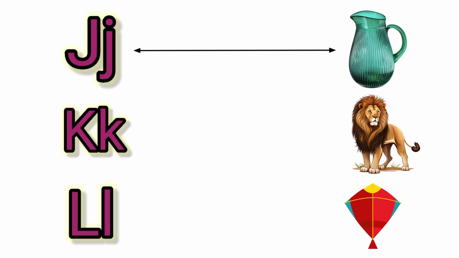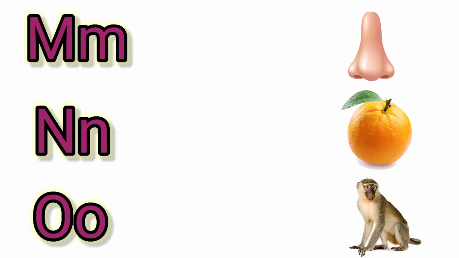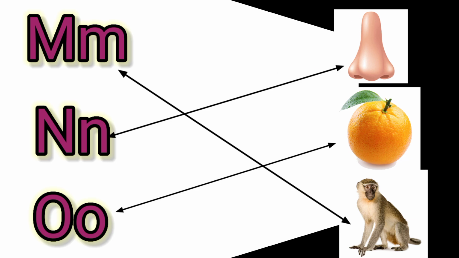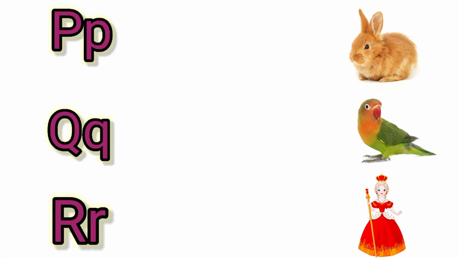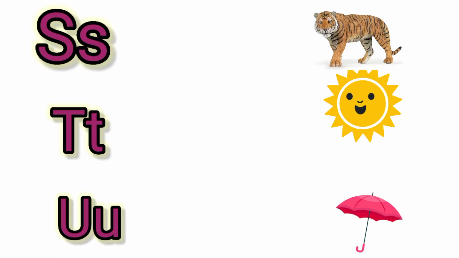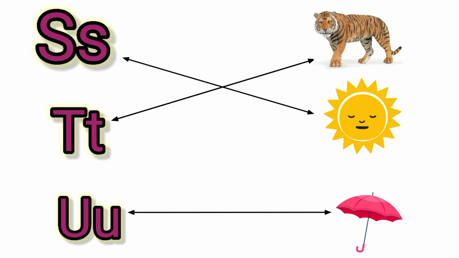J for jug, K for kite, L for line, M for monkey, N for nose, O for orange, P for parrot, Q for queen, R for rabbit, S for sun, T for tiger, U for umbrella,